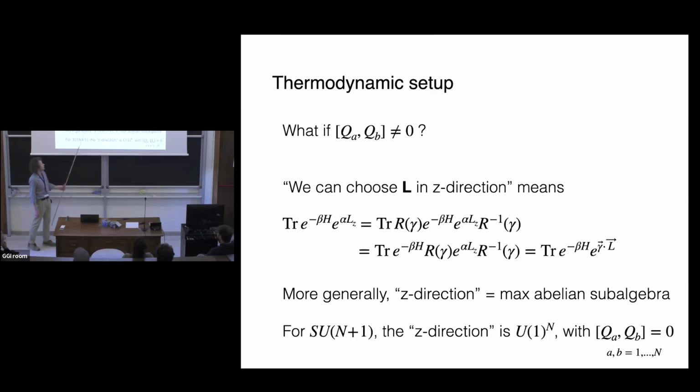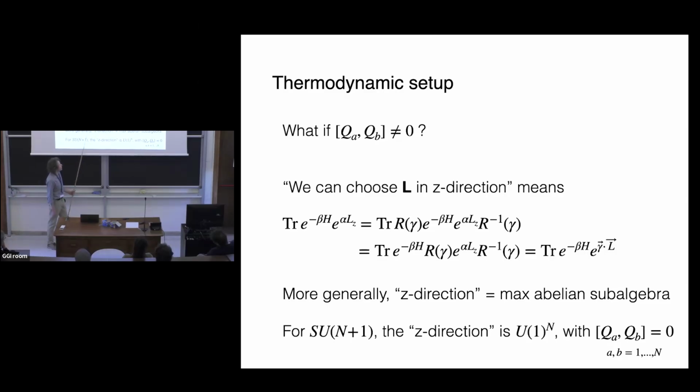And by cyclicity of the trace, we can insert 1 in the form of r times r minus 1, where r is the rotation operator. Then this rotation operator is, of course, the exponential of conserved charges, angular momentum in this case. And by rotation symmetry, it commutes with the Hamiltonian, so you can pull it through e to the minus beta H. And then this conjugation gives you